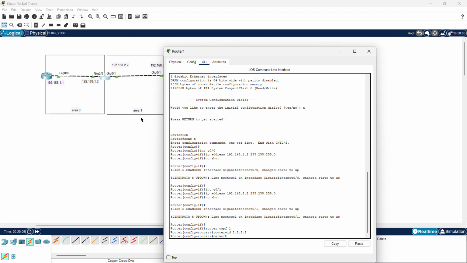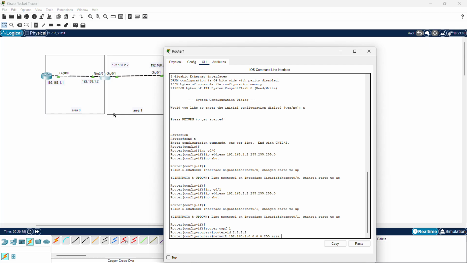G0/1 incoming traffic and G0/0 incoming traffic. This 0/1 is in area 1 and this 0/0 is in area 0. Let's configure that. 192.168.1.0 with wildcard 0.0.0.255